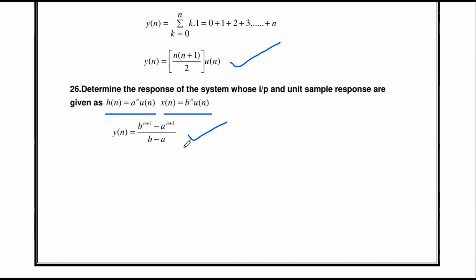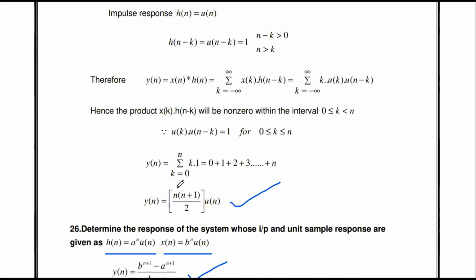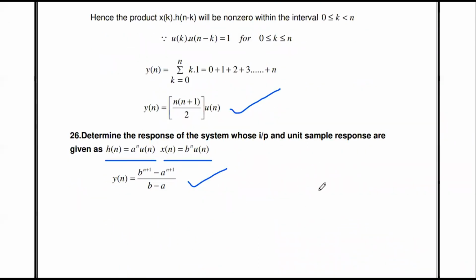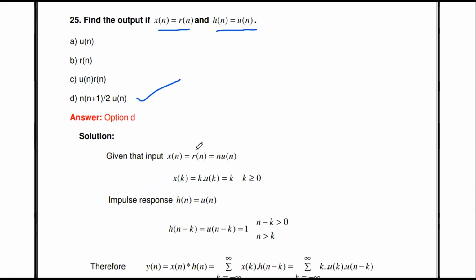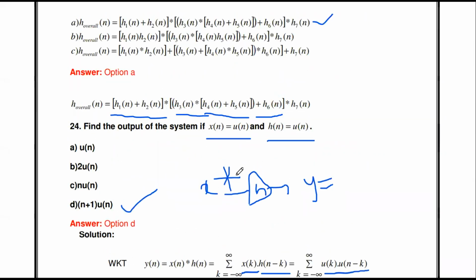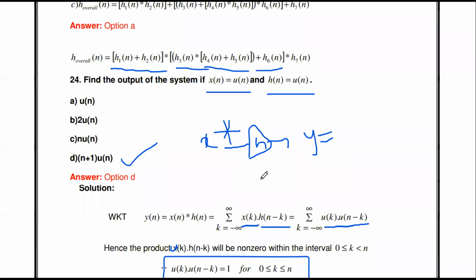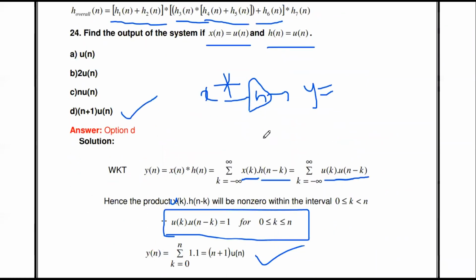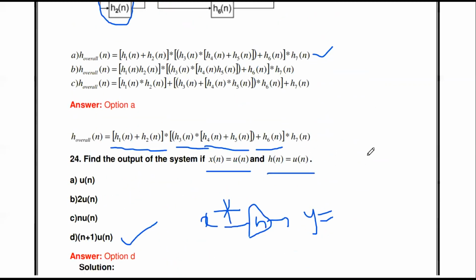I will give the solution for the last 3 problems as separate videos. The links for those videos are in the description box. These are some of the problems from the 5th unit, the analysis of discrete time systems. These last 3 questions are the mathematical form of solving the convolution sum, that is, discrete time convolution. So you just learn this.